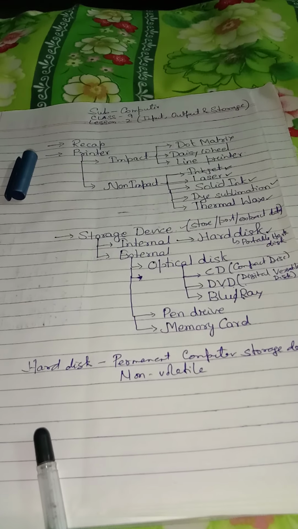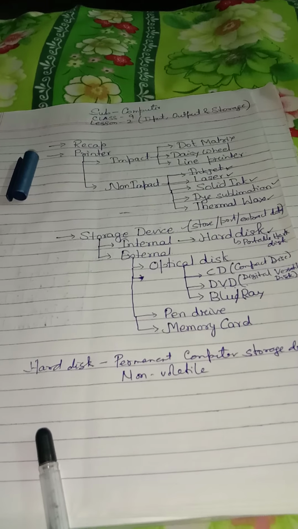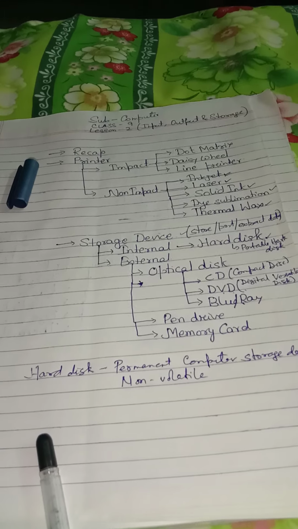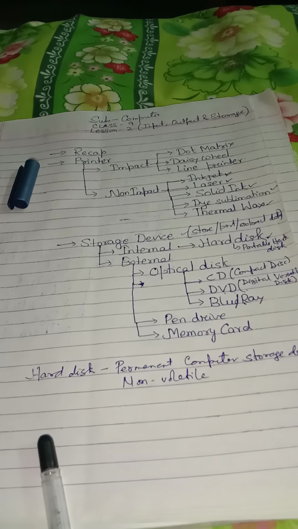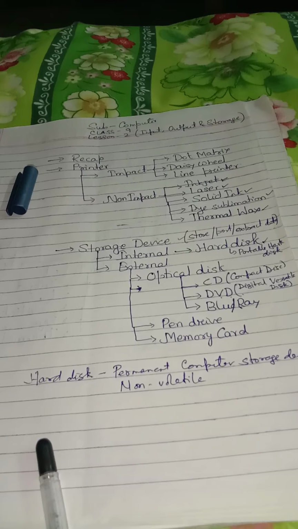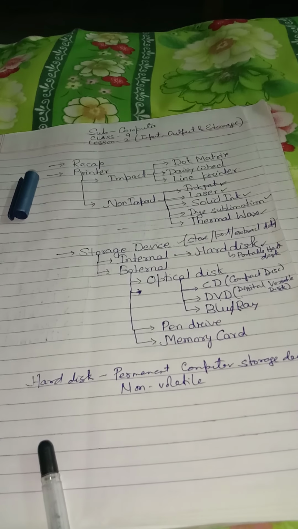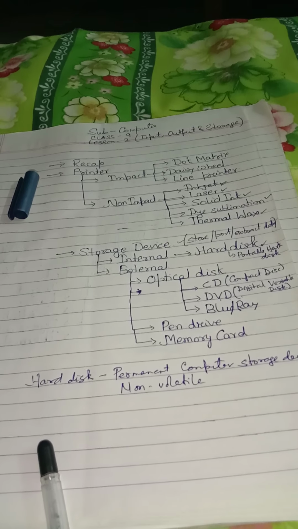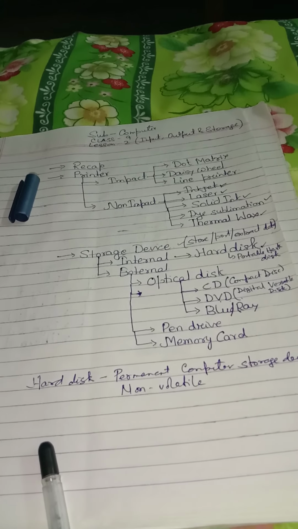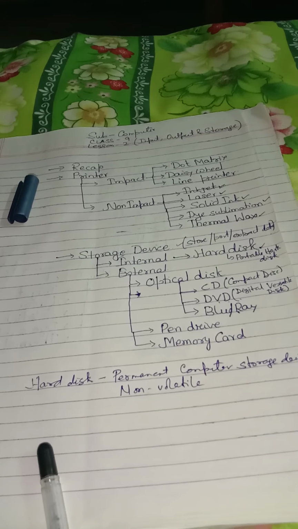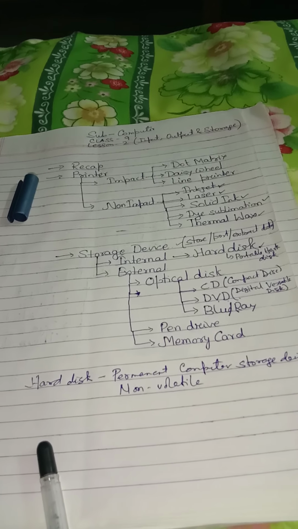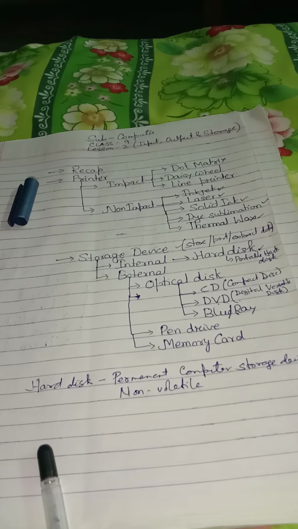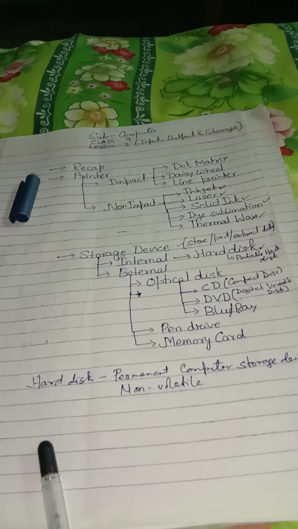Because of its vast storage capability and portability, it has become very popular and is mostly used for taking backups. Whenever we go to banks or some other big organization, a large amount of data has to be backed up daily. For those purposes, portable hard disks are mostly used. It is an external storage device. So the hard disk is of two types, internal and external. The internal is fixed inside the computer system, and the external we have to add from outside.